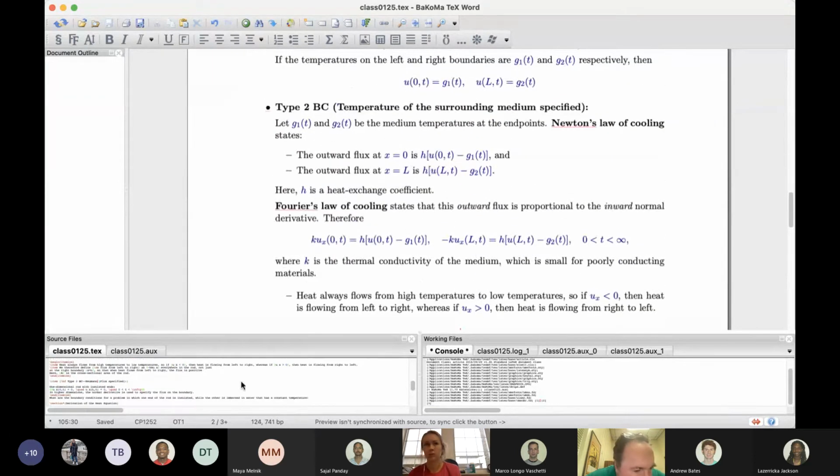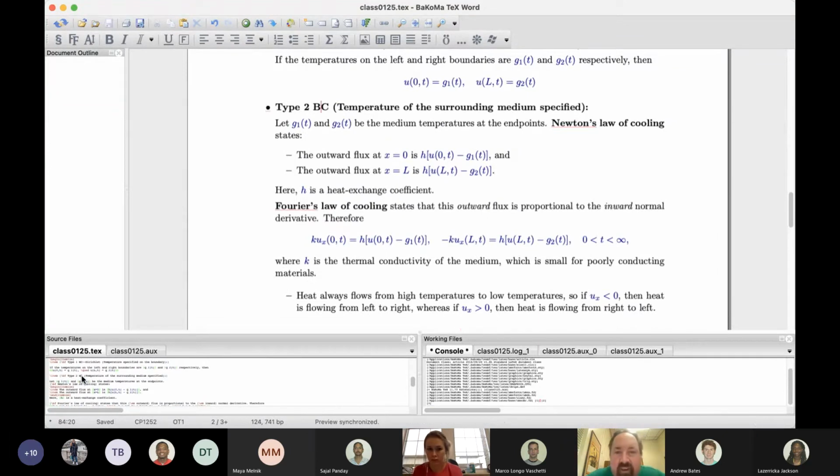And then type 2 is, so here we're dealing with both u and du dx. So these are mixed boundary conditions, also known as Robin boundary conditions. So for these boundary conditions, we're using Newton's law of cooling, and Newton's law of cooling describes the